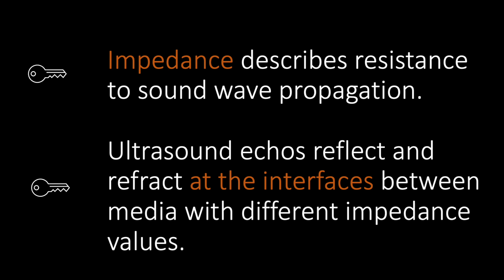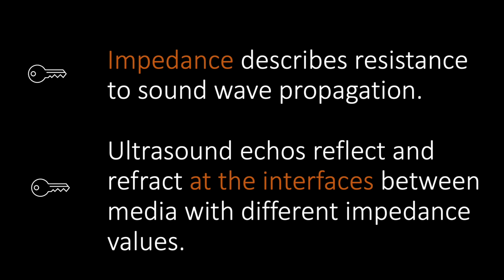I mentioned that sound waves travel differently through different tissues because of the factors inherent to that tissue. And that's a way to sort of summarize this idea of something called acoustic impedance. Acoustic impedance is like the friction through which waves have to travel. So, if you were walking through sand or through mud, you're going to be a lot more slow than if you were running on a track or on the sidewalk. In the same way, the sound waves travel differently through different properties because those properties have different impedances.